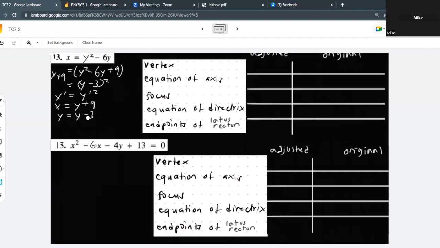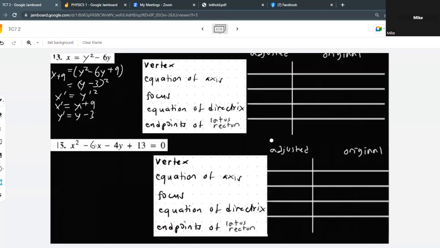Teka, ano yung equation x plus 9? So, bakit x equals y plus 9? So x prime is equal to x plus 9. Yes. And therefore, okay, so